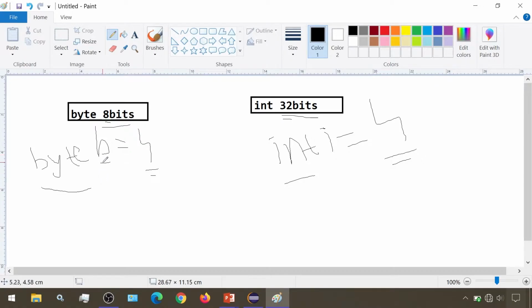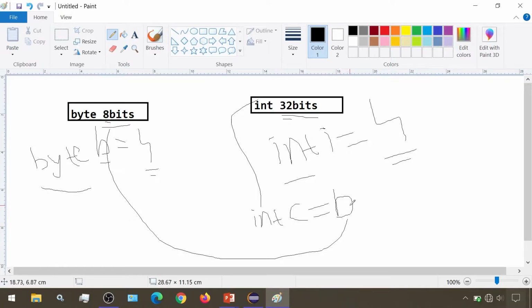Suppose we have this byte variable b and I make another variable, int c, and I assign the byte variable b to this c. Now what will happen here? Even though the value is the same, talking about internal memory consumption, this c will have 32 bits of int, and this b has 8 bits.